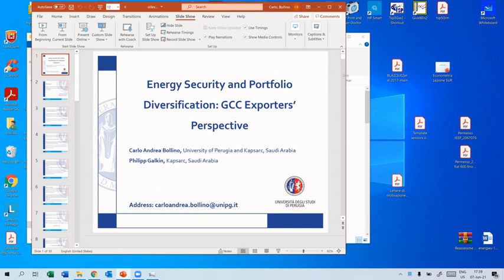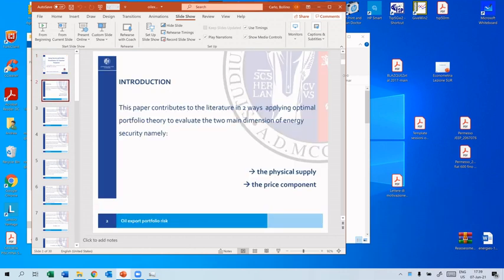I want to present to you this work that I did jointly with Phillip Galkin when I was working at KAPSARC last year. It is a way in which we are considering the optimal portfolio theory borrowed from standard financial analysis to